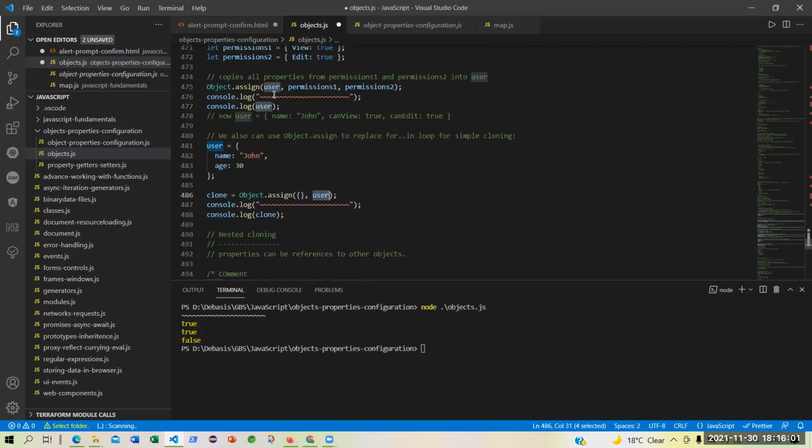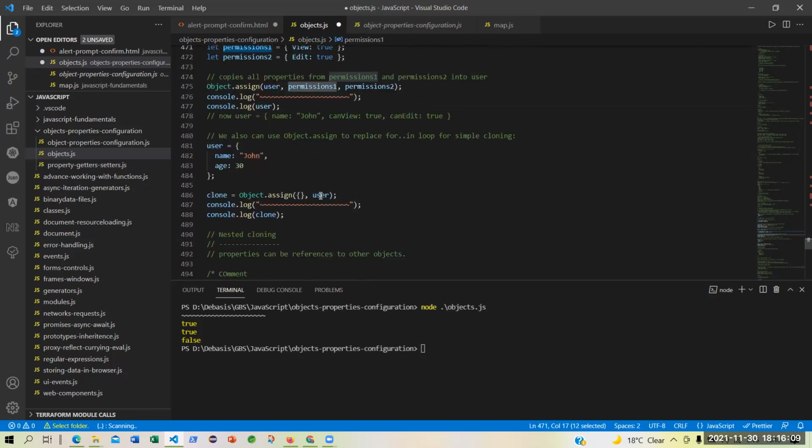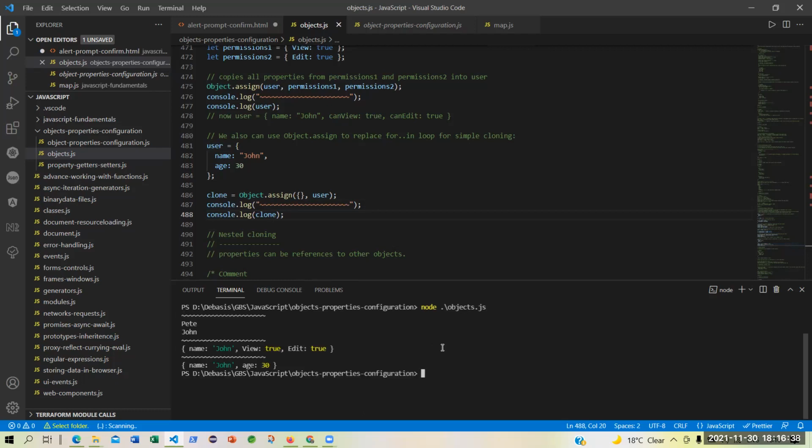The same assign, you are doing the same Object.assign. But here you are not doing this permissions, you are doing absolutely an object cloning through this empty object. So whatever the properties are there, you will put one by one into the empty object, and therefore you are populating the object clone. Let me see whether it is done. Yes.